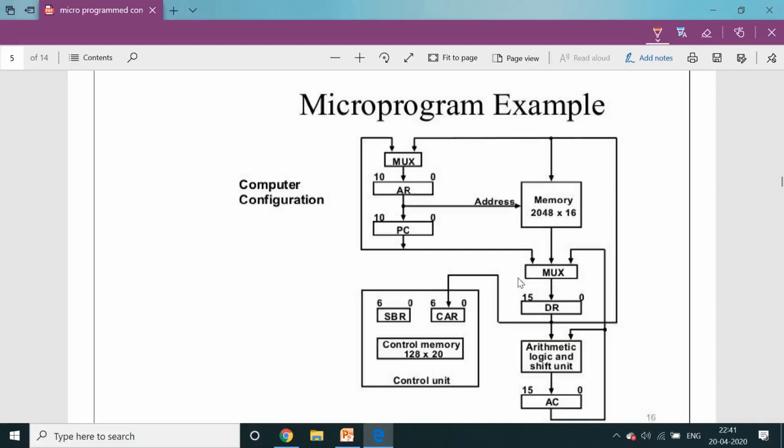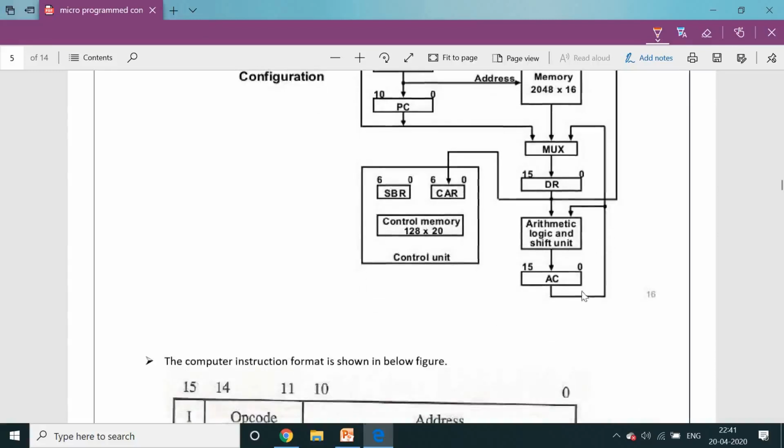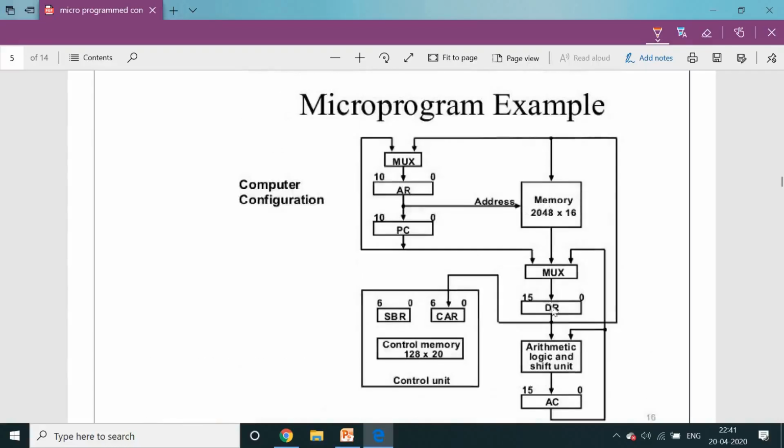Next one. The arithmetic logical unit needs two inputs, this one and this one. One input is sometimes received from the data register, and the other input is received from the accumulator. With the help of the data register and accumulator, the arithmetic logical unit will process the information. Sometimes it will also process shifting operations, depending upon the